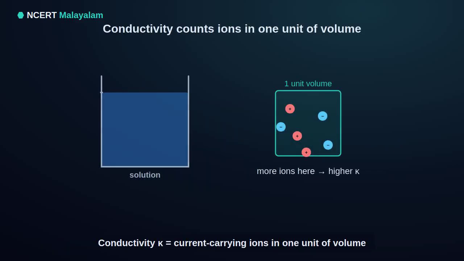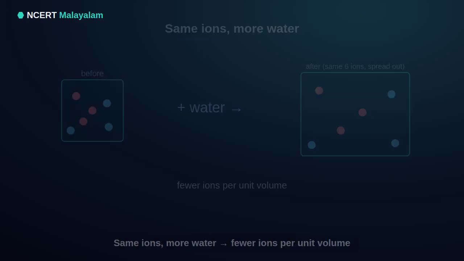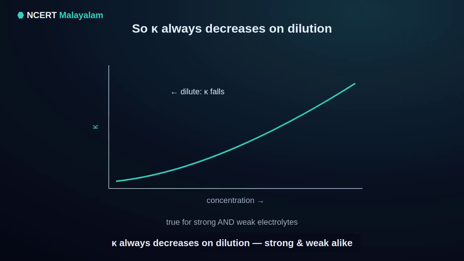First, conductivity. Conductivity looks at how many current-carrying ions sit inside one small unit of volume. More ions there means a higher conductivity. Now add water. The number of ions stays the same, but they now spread through more water. So that same small volume now holds fewer ions. So on dilution the conductivity always falls. This is true for both strong and weak electrolytes, for the same reason: fewer current-carrying ions in each unit of